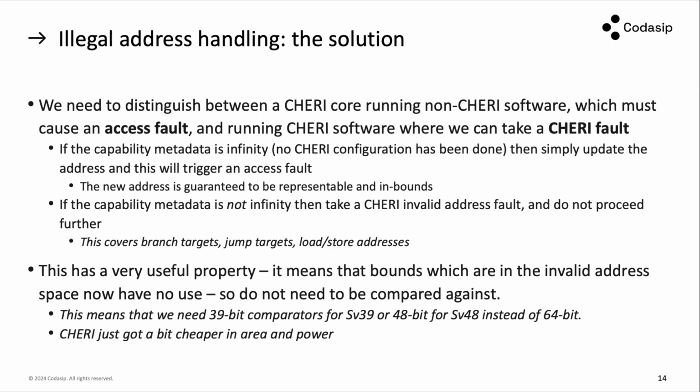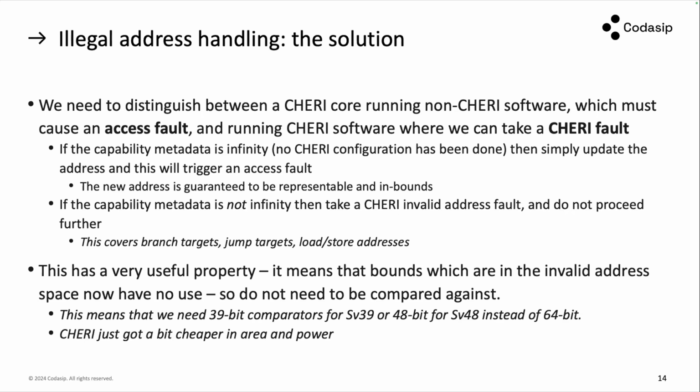So what we ended up doing was saying, well, if it's a legacy core, then it must take an instruction access fault or load store access fault, depending. So if the capability bounds are infinite, then we know that whatever happens to the address, we're not going to have a problem. So if the bounds are infinite, we just leave it as it is, and it's fine. If the bounds aren't infinite, we know we're running CHERI software, and then we just say, I've got an invalid address, and just take a CHERI exception at that point,